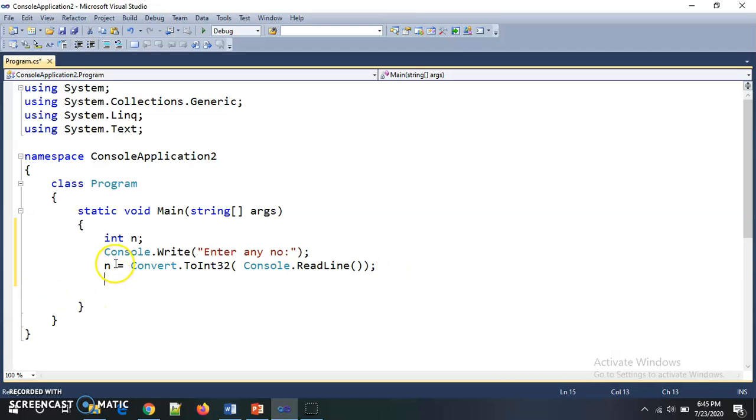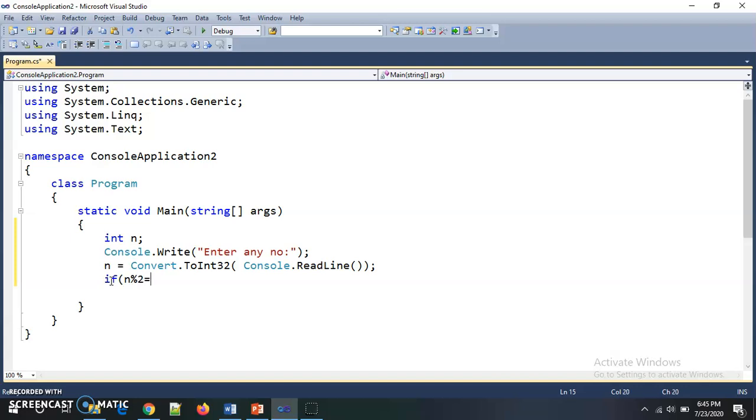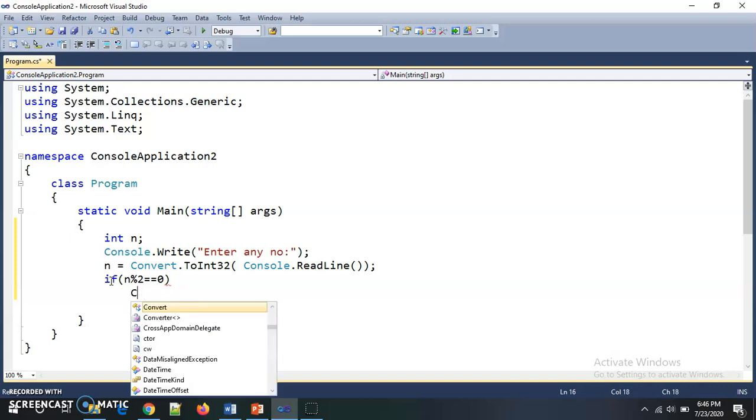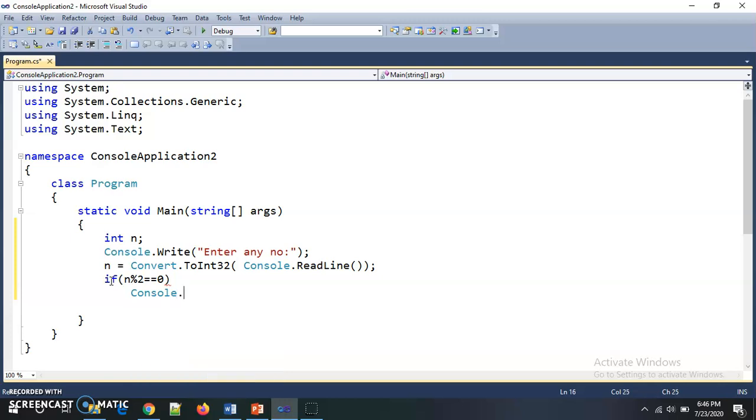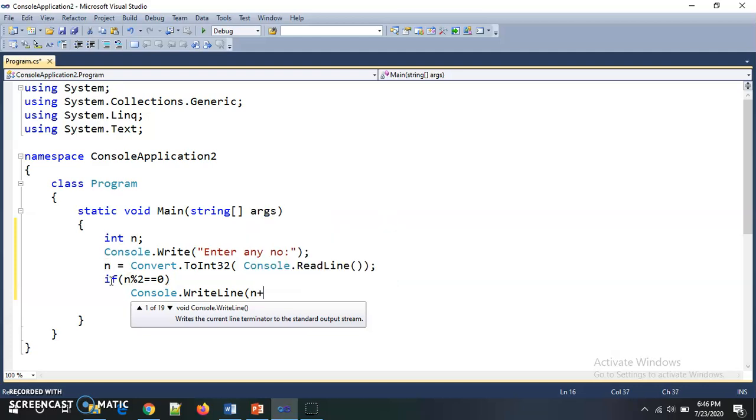Then we need to check whether this n is even or odd. For this I am using if n mod 2 is exactly equal to 0, then we can confidently say n is even. So I am writing a message with Console.WriteLine, and the value of n will be printed here, and I concatenate the message with n as "n is even".